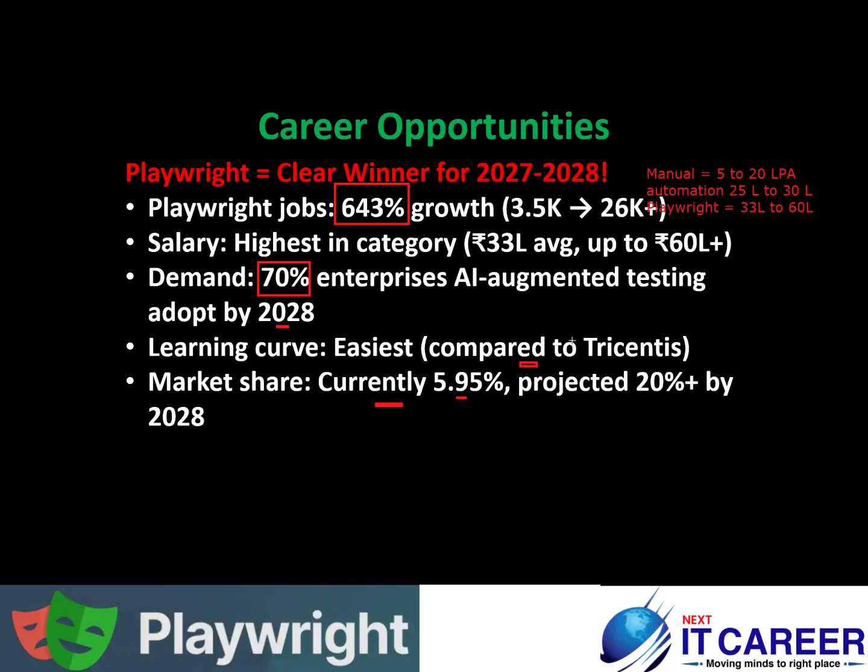Right now it is 5.9% only. We are in 2026. In the next 2 years, we can expect almost 20% market share for Playwright. So based on this analysis, team, just understand the next future of automation is Playwright only. If you learn Playwright, if you invest your time today,